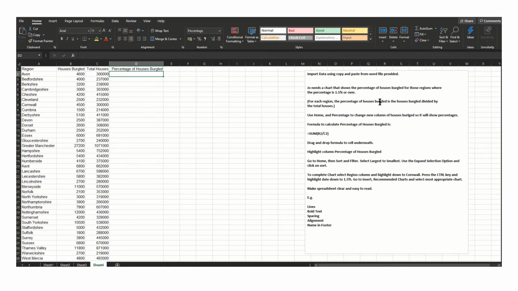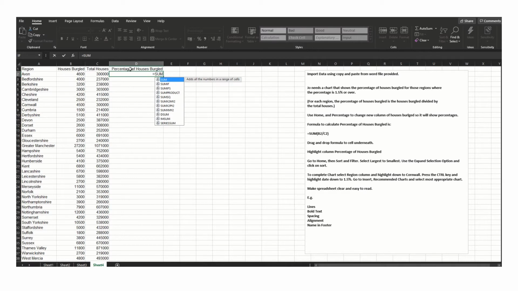Now the sum we've got to do, they've given us a tip. They normally do in the papers. For each region, the percentage of houses burgled is the houses burgled divided by the total houses. Okay, here we go. Here's my sample formula down here. So again, equals SUM. I'm starting now to tell Excel what I want it to do. I do my brackets. I now need to put my destination cells, and I can either type them in or simply click on them. Put my division sign in, which is a little oblique sign down the bottom right hand